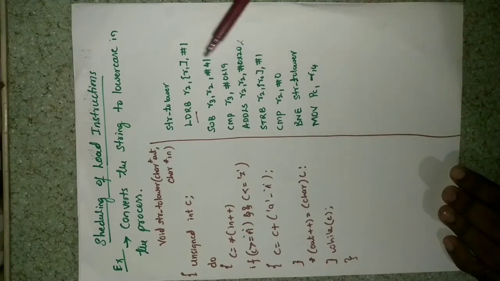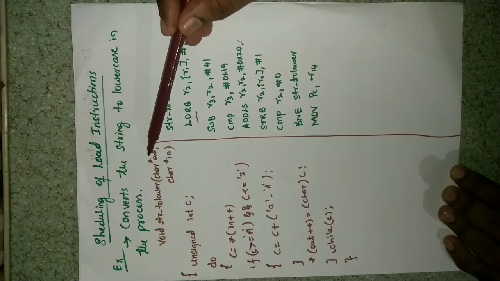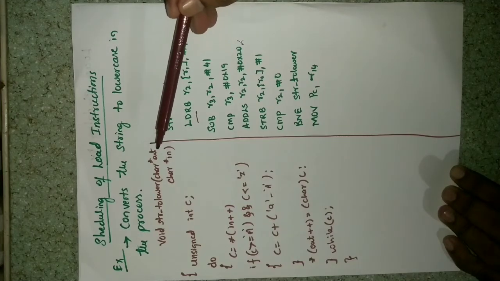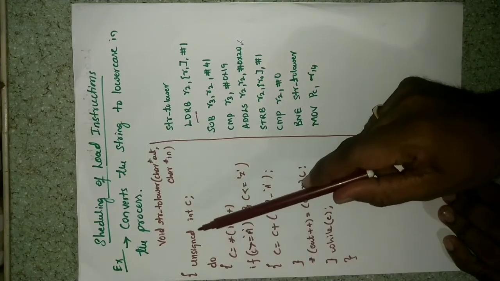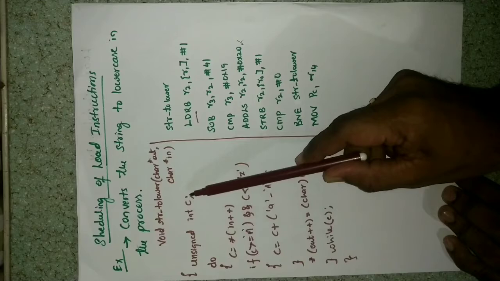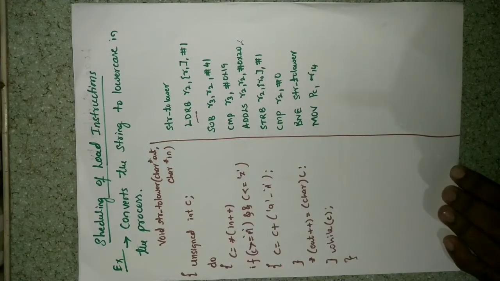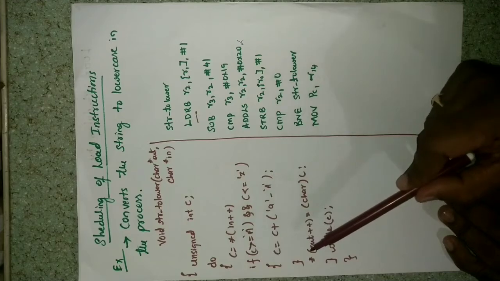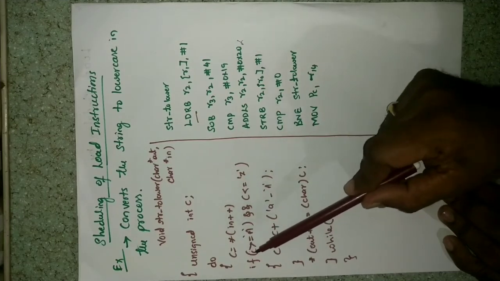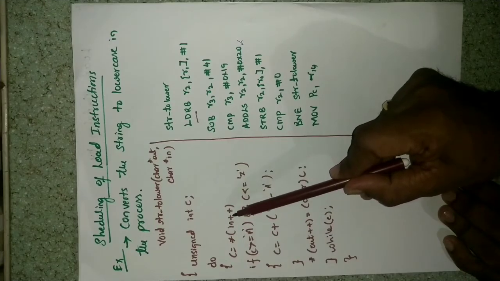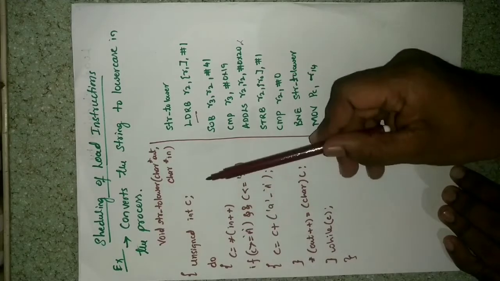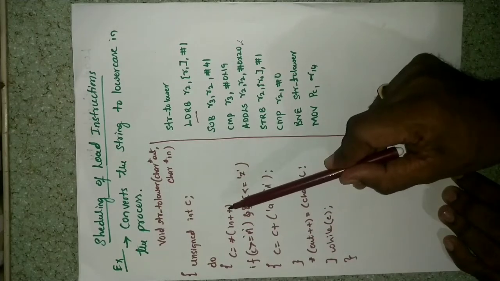In the C code, we have a declaration of two variables as pointers to memory, that is, out and in are the two variables declared as characters. And one more declaration, unsigned integer value c. The c will actually hold the decimal number. Let us take the program in a do while loop. That is, c is equal to post increment of the memory location, where star is the pointer indicator pointing to the memory location.